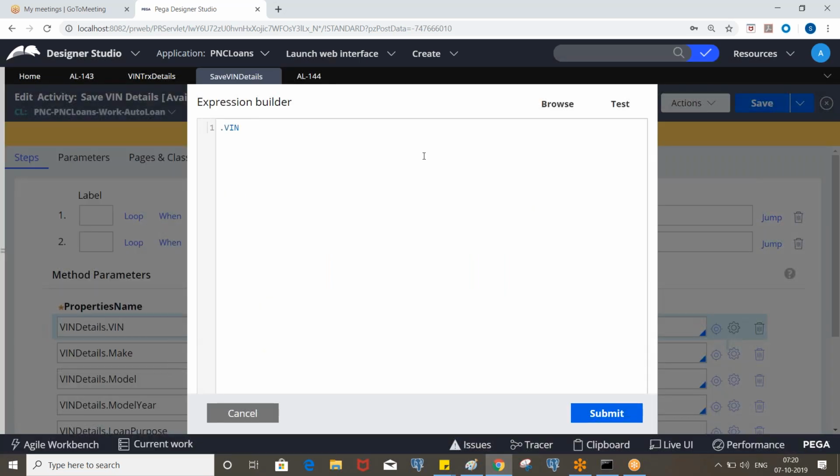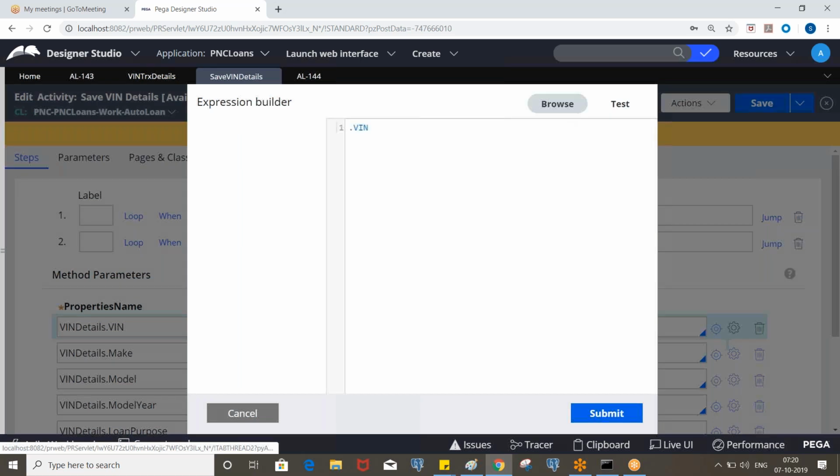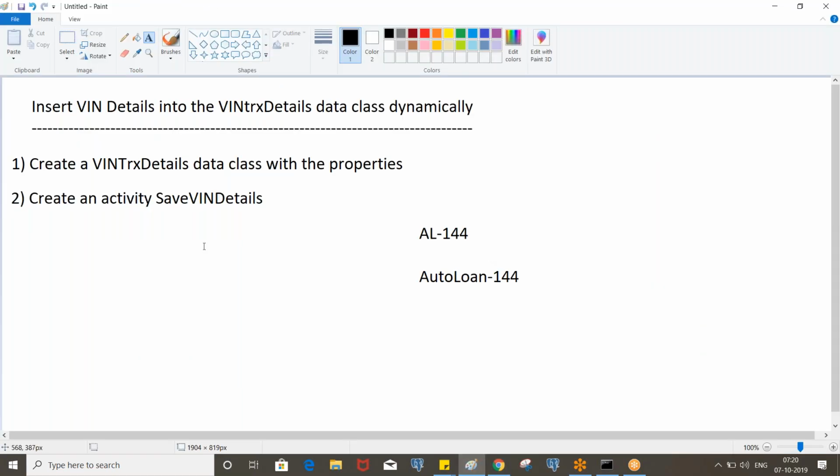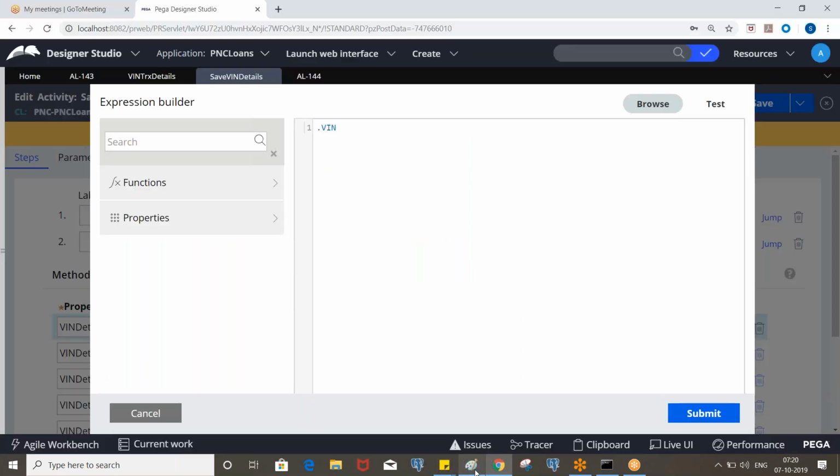Okay, so put it in expression builder. So you are noting down step by step, right? You put some space and put expression builder. So it is a collection of predefined functions.